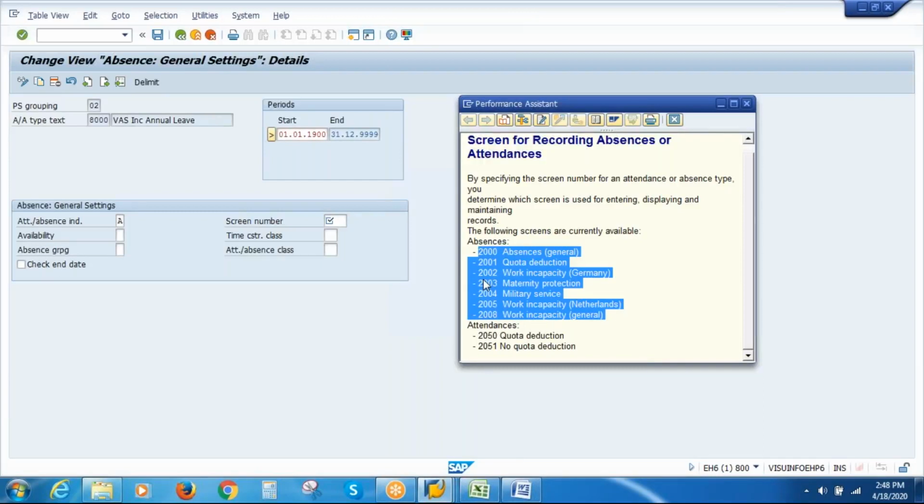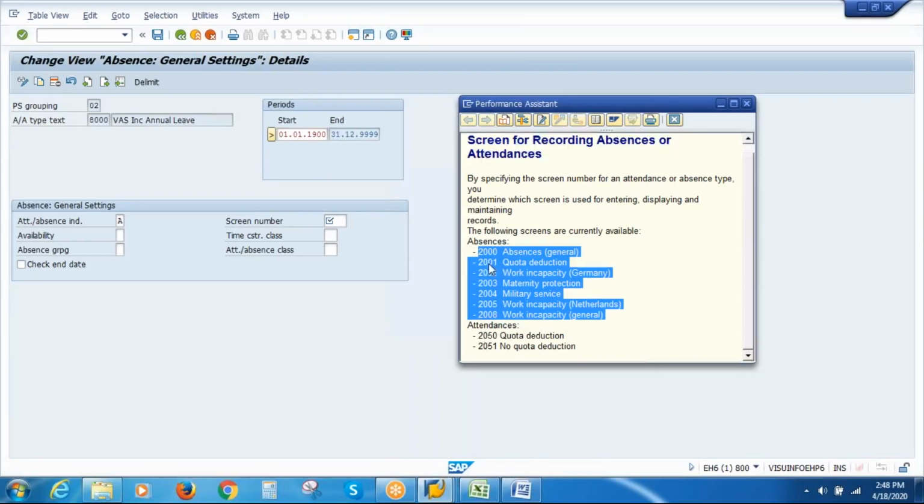Let us say annual leave. If it has a quota associated with it, then you have to assign a screen number called 2001. If there is no quota associated with it, then you can assign a screen number called 2000.